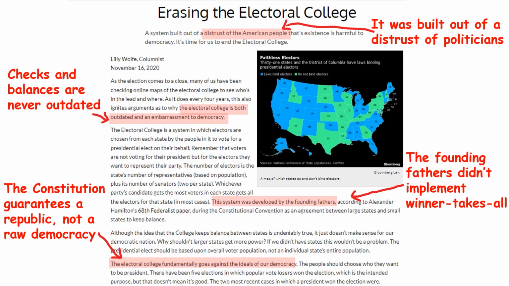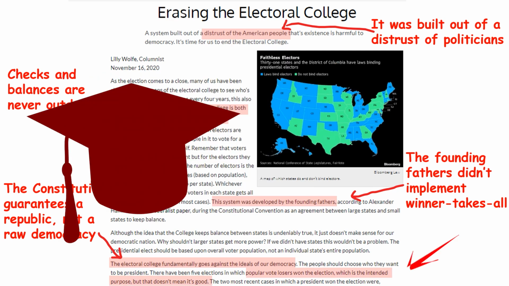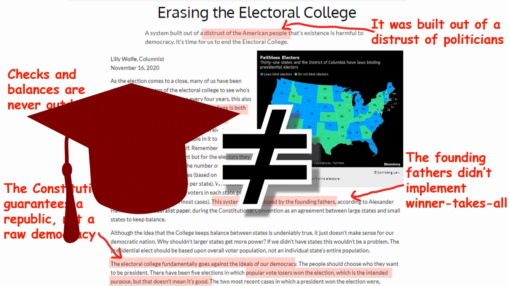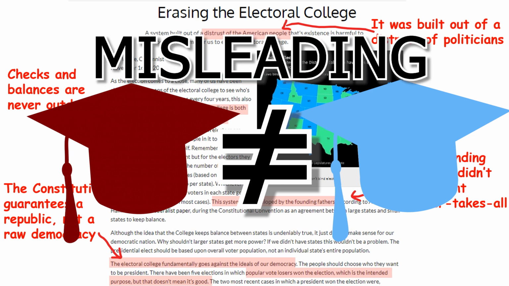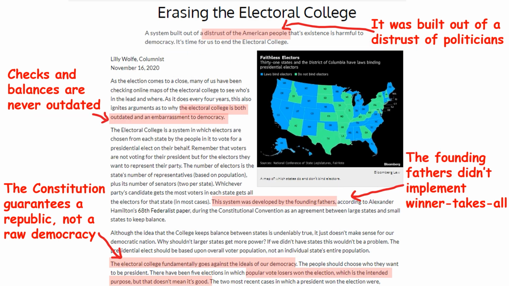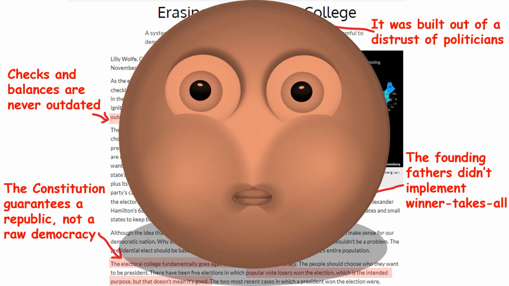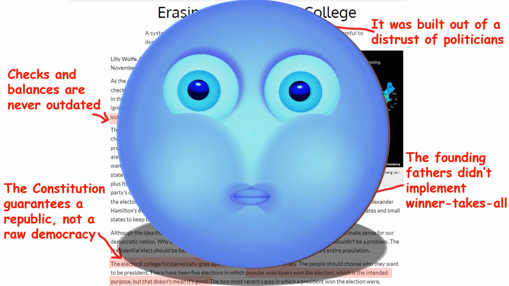One such common claim is that because indirect elections, such as the Electoral College is intended to be, do not produce the same result as popular vote elections, they must not be representative of the people. This claim is misleading because the Founding Fathers instituted different election methods that by design produce different kinds of candidates as part of the system of checks and balances. When you erase the differences between the methods, the checks and balances collapse, which results in worse representation. The bad news is, we're already most of the way there.